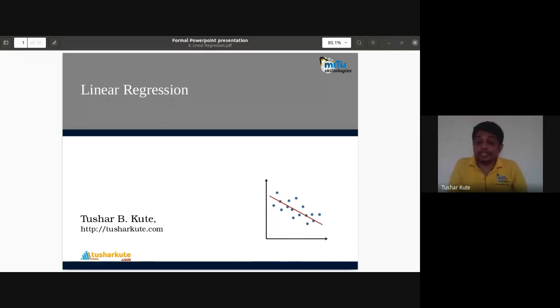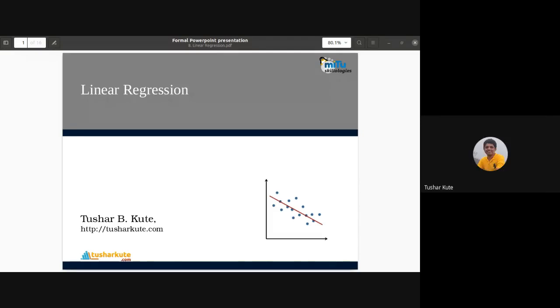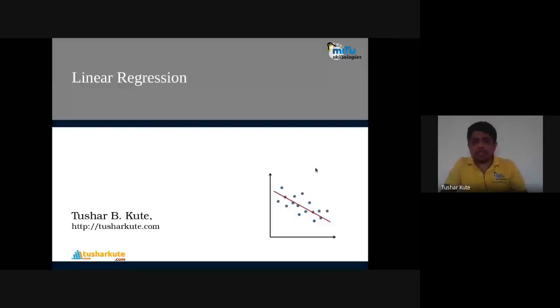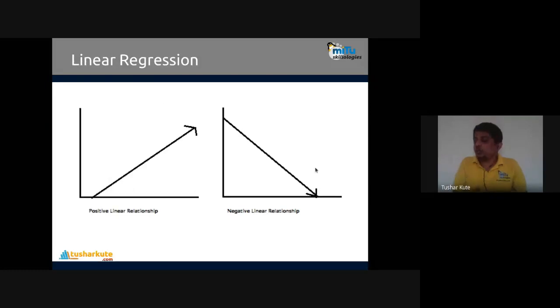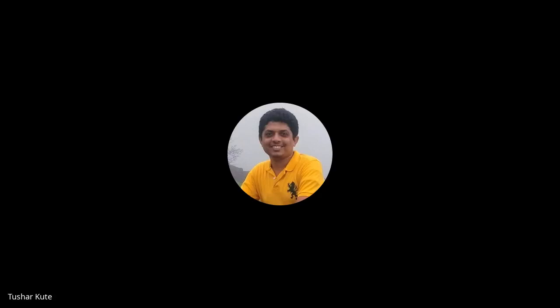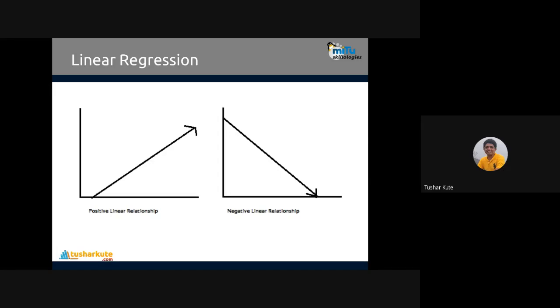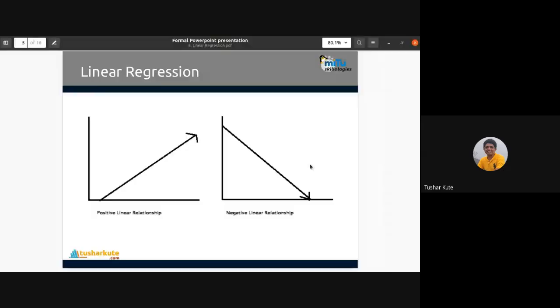Linear regression with the help of the practical implementation, how it is done. So let's revise the topic of regression here. What we do, we are having the relationship between two variables linearly connected, like x is incrementing, along with that y is also incrementing, or x incrementing, y is decrementing, that kind of relationship is what we call a linear regression. So in one practical, I'll show you how to perform the respective operation step by step.